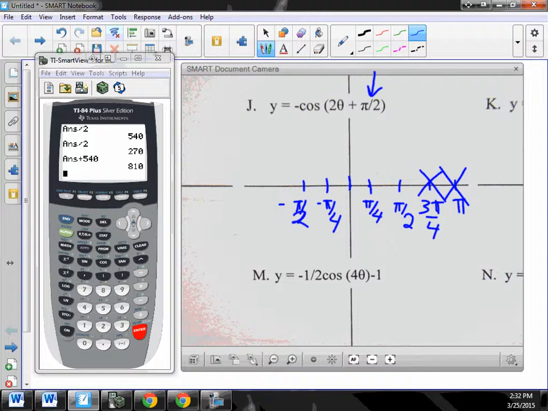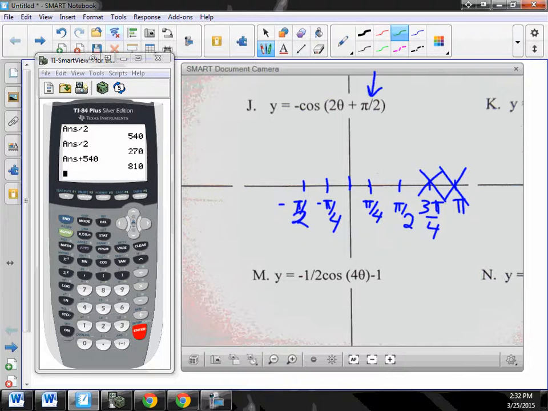Has anyone ever heard of 3-phase electricity? Okay, never mind. Then I'm not going to explain it. It could have been. Three-phase electricity is when you need a lot more energy than normal. Anyway, but